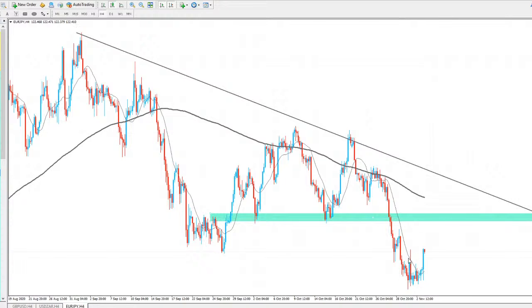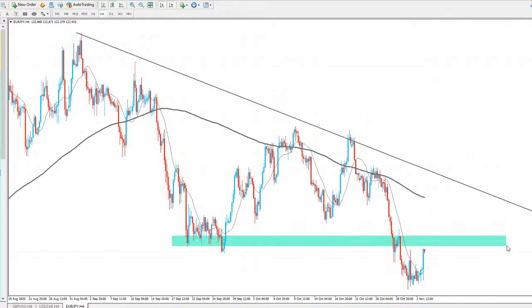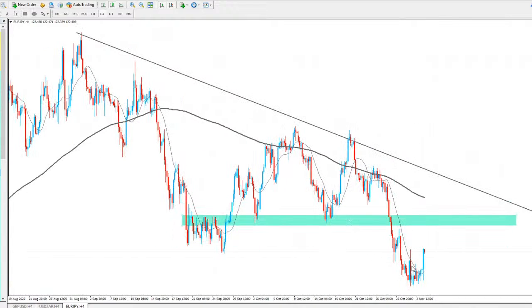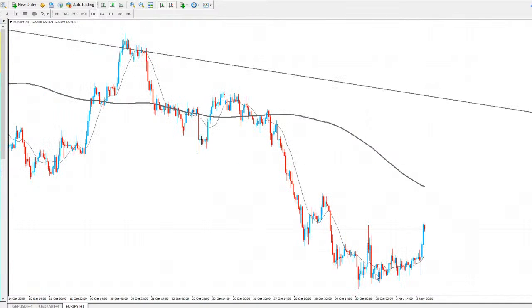So again, you're probably not going to get a clean move to go and test the trend line. But we could be seeing price maybe finding resistance there along the way before it gets to that trend line, if it does get there anyway. But again, starting to look bullish. I'm probably expecting a longer move to the upside, potentially again to go and test previous areas like so, previous areas like that, and previous areas there. So I'm probably expecting this to continue a little bit further as long as we keep up with that bullish momentum on the hourly chart as well.